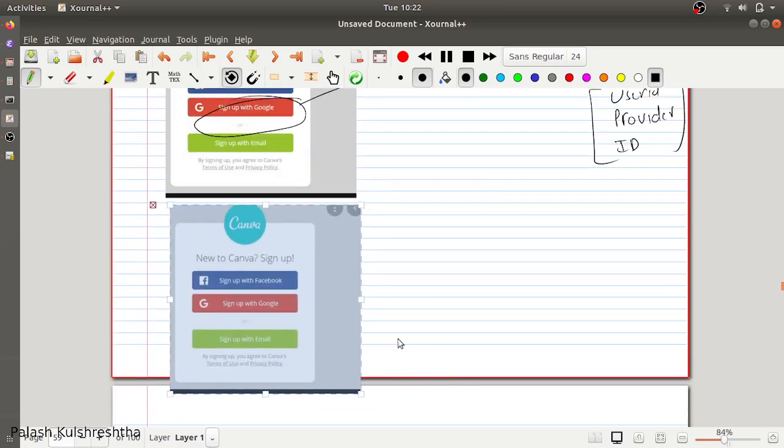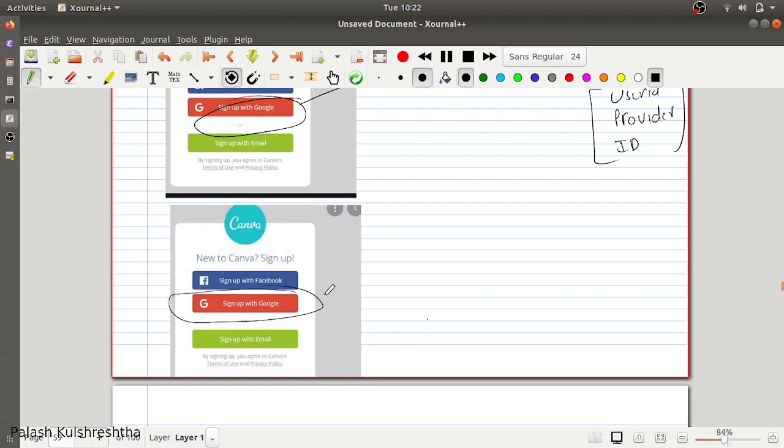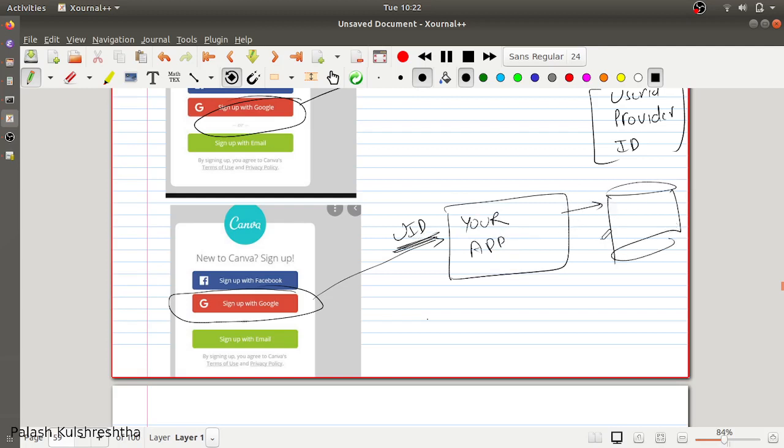Next time when the user comes and clicks login with Google, it is going to come with a UID. You are going to get that unique ID. Then you will have to check your database for the user ID corresponding to that Google UID.